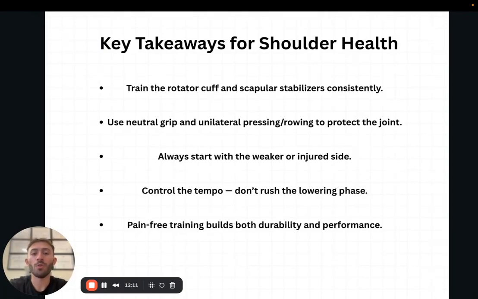This is going to help build both of them up at the same time instead of having the stronger side always stronger, the weaker side always weaker, and having that imbalance just keep on going, which is not going to fix the pain. We want to balance them out and then bring them up together. Next, one of the biggest things is controlling the tempo on any of these movements. We want to slowly lower on the way down so we get the most range of motion while also getting the most tension on the muscle. Because when we're getting the most tension on the muscle, then it can grow and get stronger and bigger.